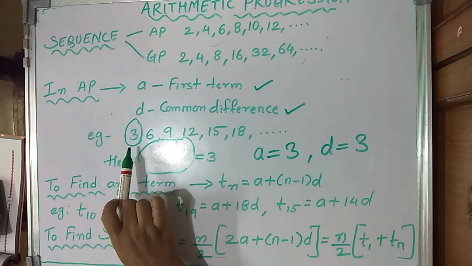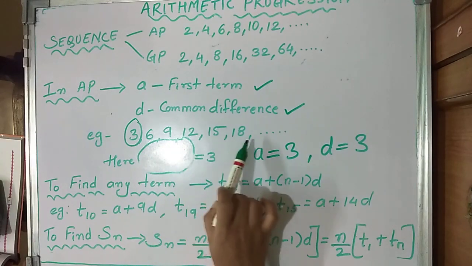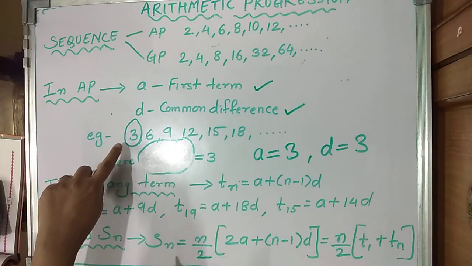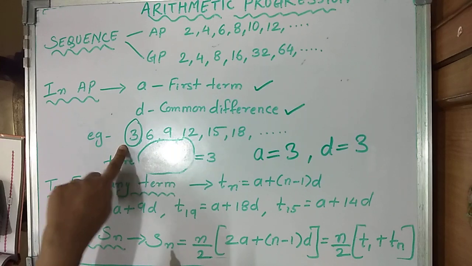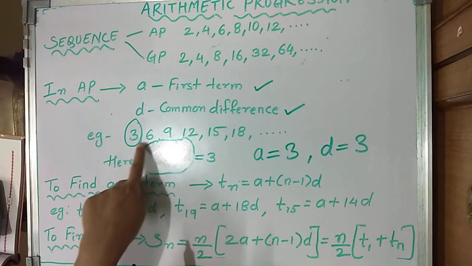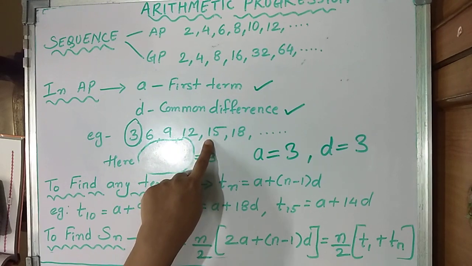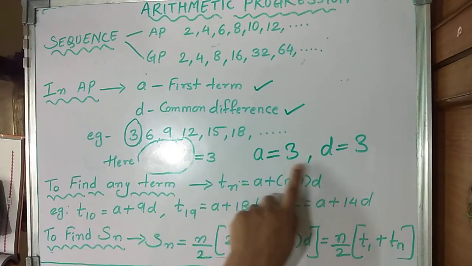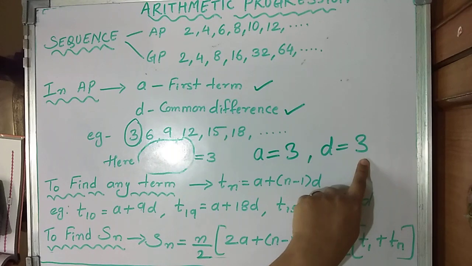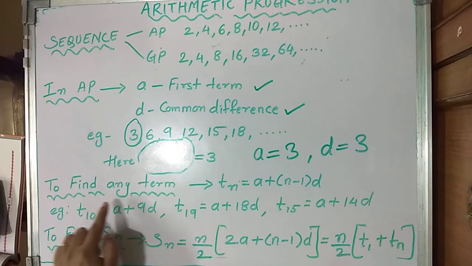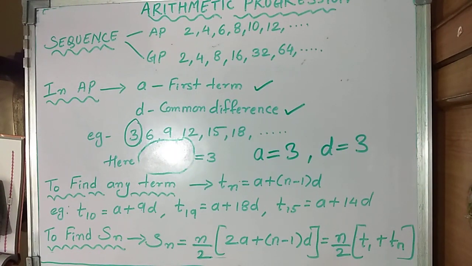Let's take an example: 3, 6, 9, 12, 15, 18. Here if you observe, 3 is the first term and every time you are adding 3: 3 plus 3, 6, 6 plus 3, 9, 9 plus 3, 12, 12 plus 3, 15. That means the first term is 3 and common difference is 3. The next thing we learned is to find any term. Any term means you can find the 15th term, the 18th term, the 100th term